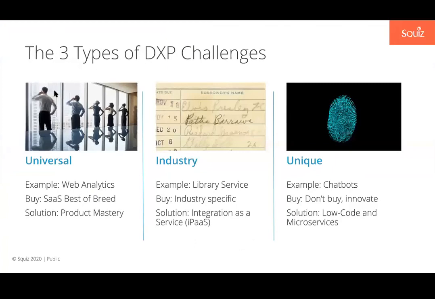And the best way to do that is to break it up into three types of challenges. So we've got universal challenges. These are problems that are the same no matter what you are. If you're commercial, if you're government, if you're higher education, whatever vertical you're in, you're going to face the same kind of challenge as each other. A great example of this would be analytics. The analytics challenges that you are facing are the same as the analytics challenges that anyone else on this webinar right now is facing. It's the same underlying technical problem that you're trying to solve.